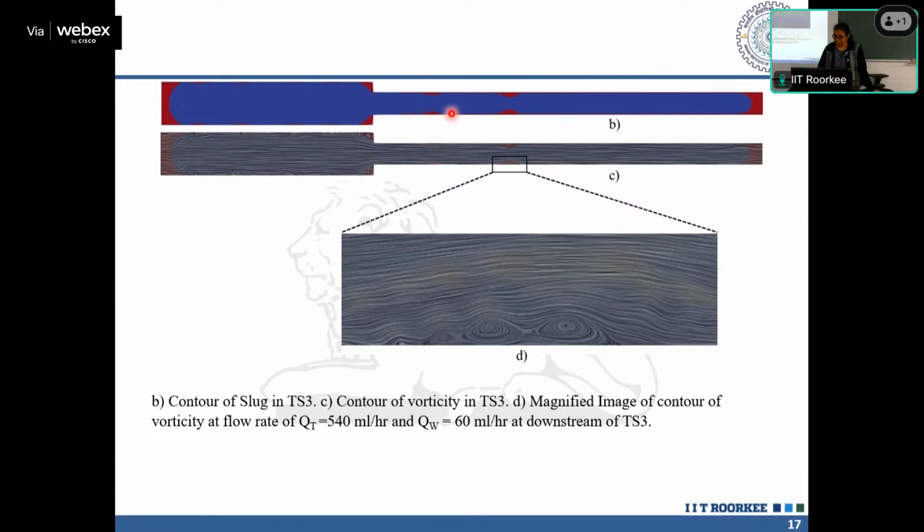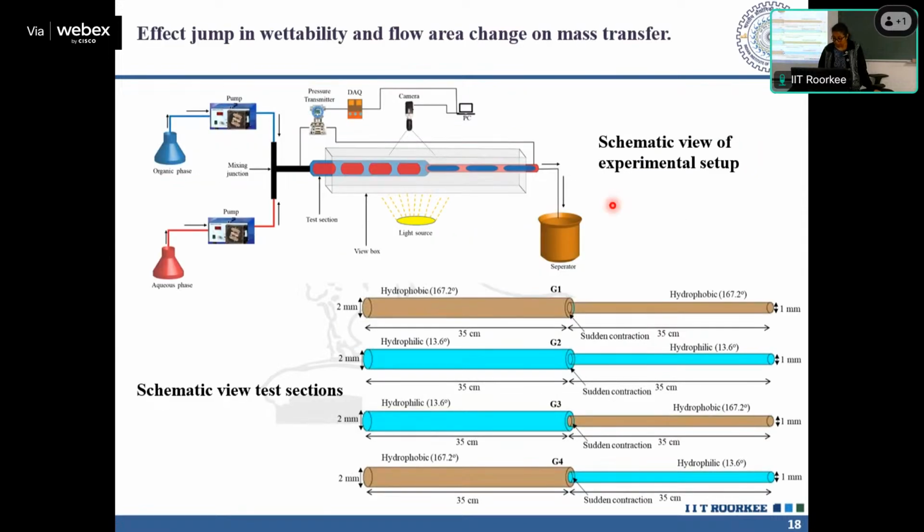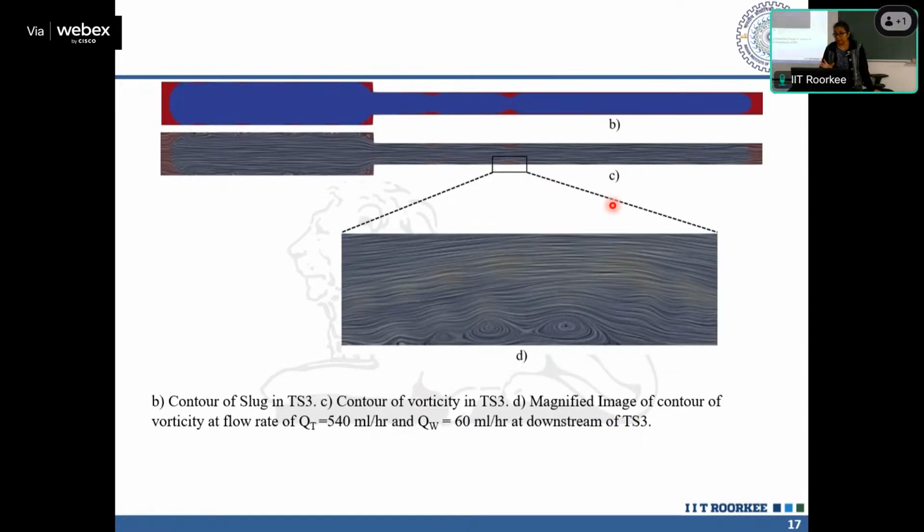Okay, so that is one thing, and the second thing is that sometimes some droplet formation also takes place. That is not shown here, but that also happens. So this is the first part of the study, where we have just seen that a change in area is responsible for some kind of enhancement of the efficiency. In the second part of the study,